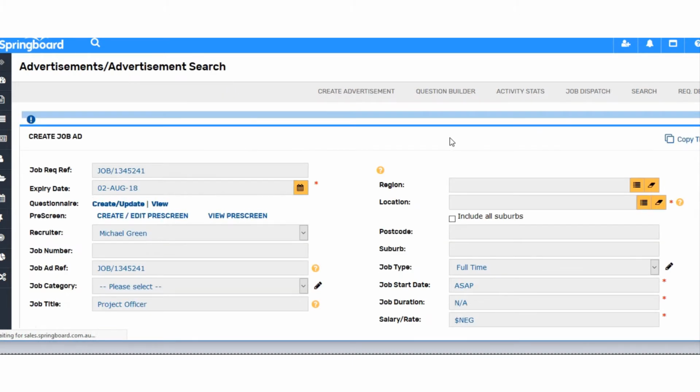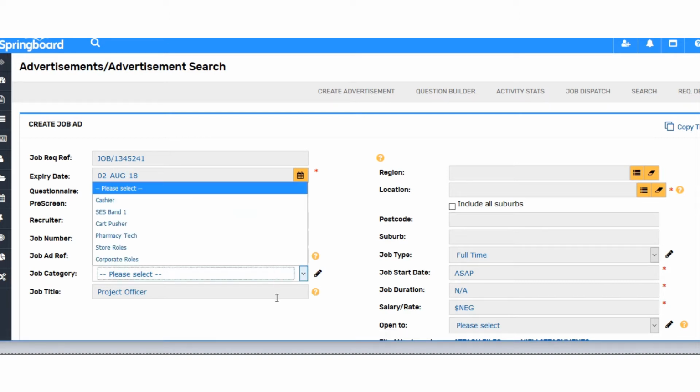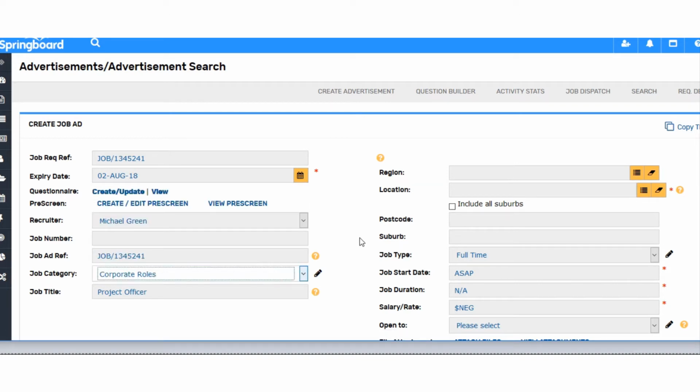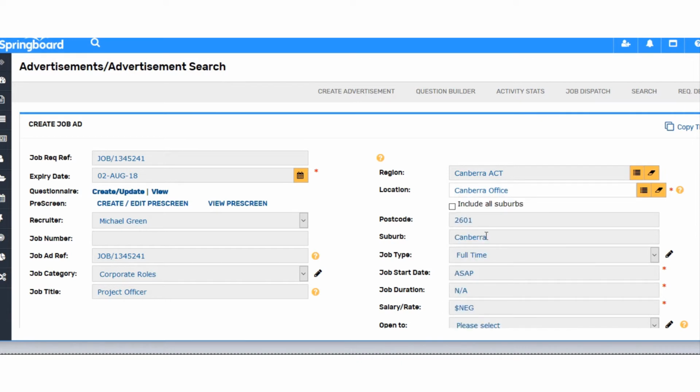When we click on Create Ad, it brings us into the advert screen, where we need to populate some additional information in order to activate this advert so candidates can begin applying for this position. So the first thing we do is select what job category the job is for. Then we select the actual location, so we might say Canberra for instance, and then we select from our drop down and we've got Canberra office, and you can see it pre-fills that information based on us selecting the region